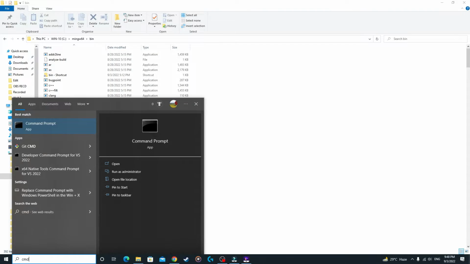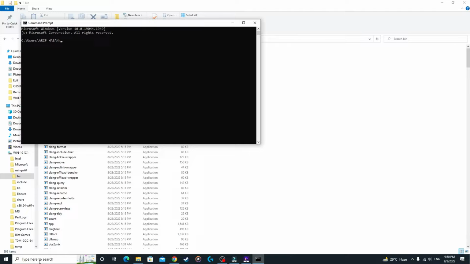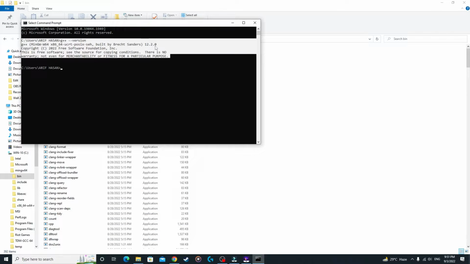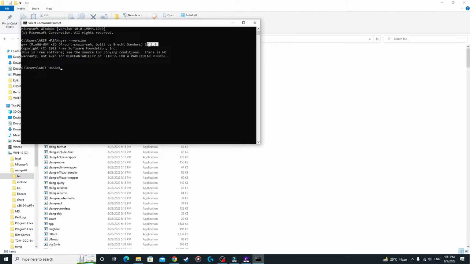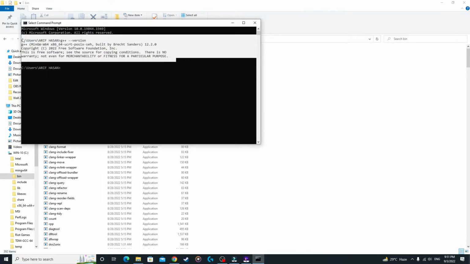command prompt, which is cmd, and you're gonna type g++ --version, and it will show you something like this. And this is the current version I'm using, 12.2.0. You're gonna see your version, whatever you are using. So if you don't see this writing, that means you have done something wrong. You need to do it from the beginning again. And if you see this writing, that means you have done it correctly, and it's time to move to the next